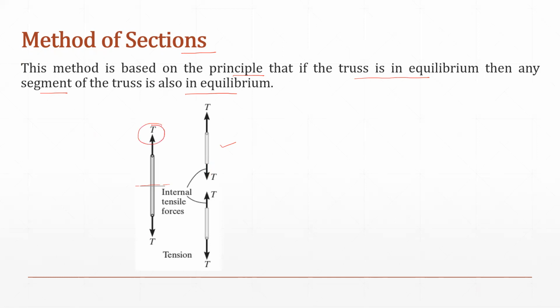Now to balance this force, at this face, the force should be tension and it will be away from that face. So you can see this member is stretching, and if we look at the other member, the direction of the force will be opposite to this one, because again we are required to maintain the balance. So in this manner, in both the cases you can see now that both the sections are in tension. Okay, and how we are representing them, that is also there.